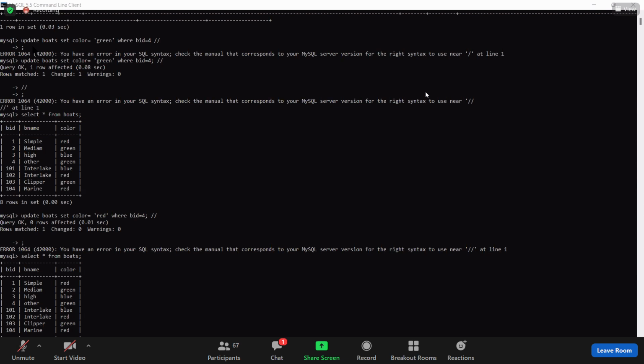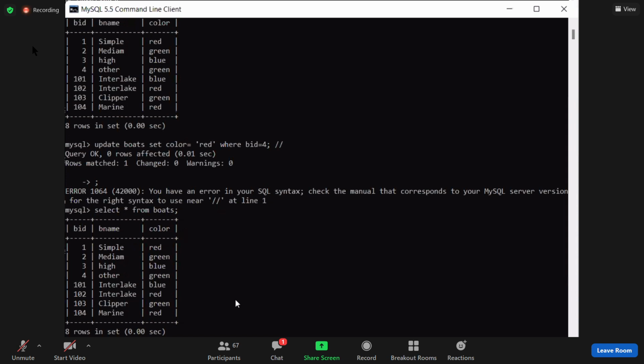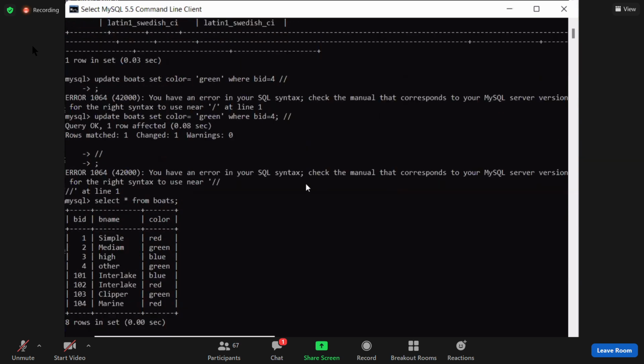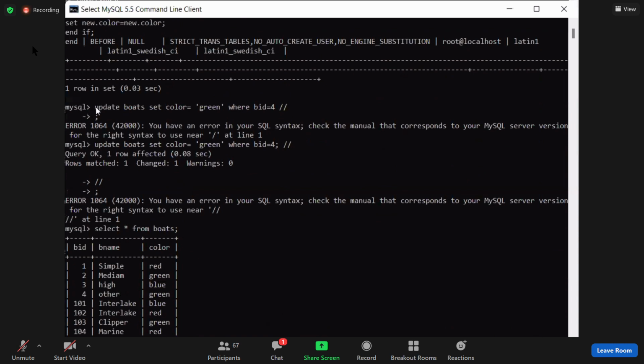Okay, that is the protection we did using the trigger. Are you having any doubts? Have you identified these two? Previously, when you executed the update command and modified the color which was yellow, you asked to modify it into green. The command was successfully executed. The yellow color is successfully modified to green.